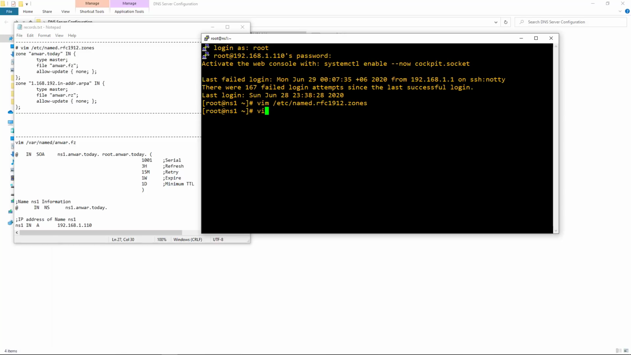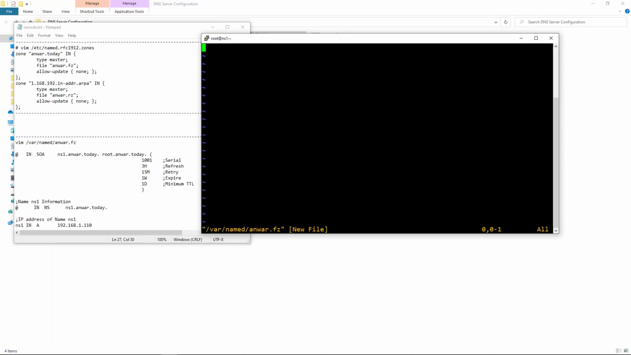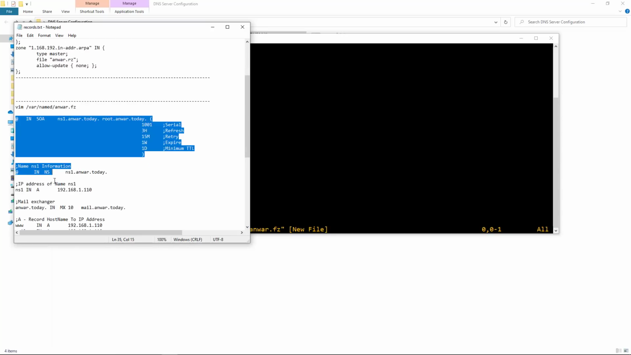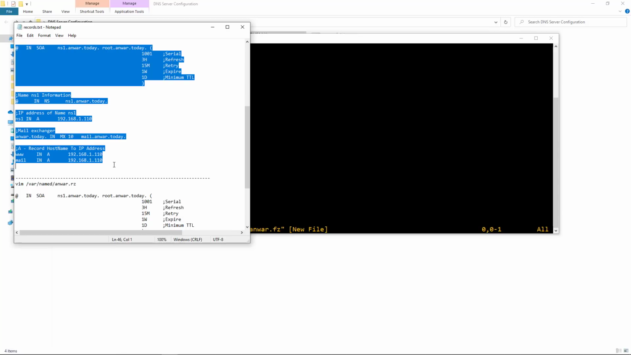Now I will open the master zone, which is vim /var/named/anwar.fz. Press insert to start adding. Here we will add new records to the zone for our domain. So I have already prepared the zone record file. You just modify it according to your domain and copy